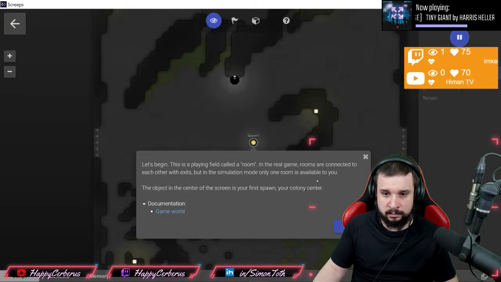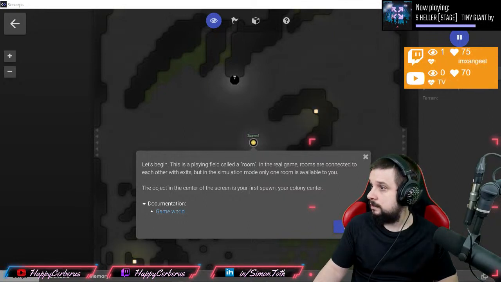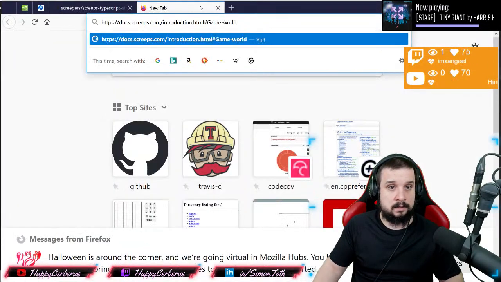This is called the room. Rooms are connected to each other with exits. I guess these are the exits, the arrows on the side. This is our colony center. Okay, there's the document. Okay, I need to do this slightly differently. Let me bring up...